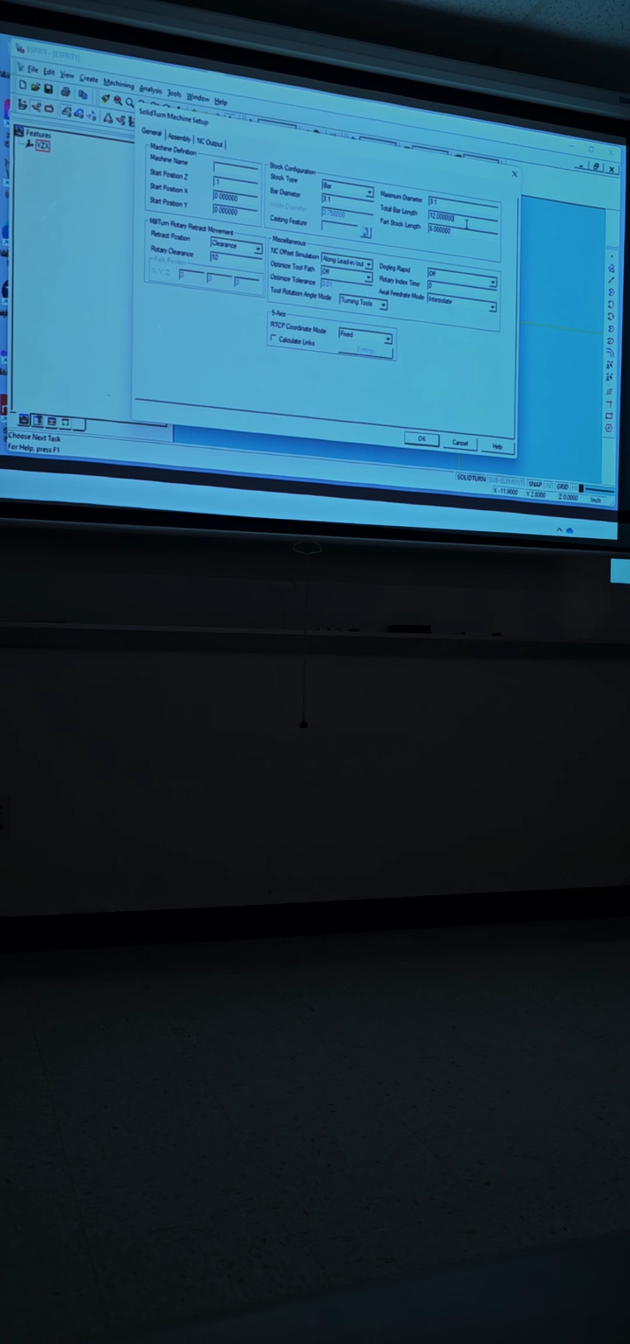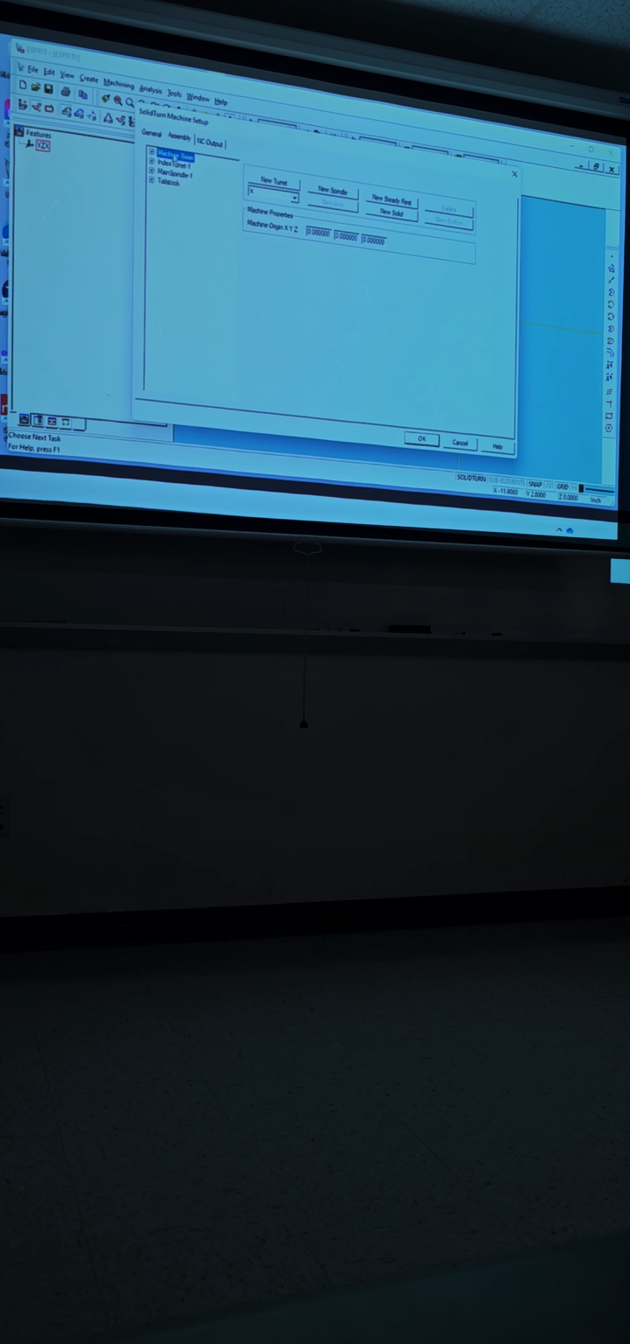All right, here we go. Total bar length, 7.1. 7.1. Don't forget the 100,000, 7.1. We have the clearance, the clamping, plus the face. Right, 7.1. Part stock length, same thing, 7.1. Then over here you got different tabs, so we're gonna go to the next tab, assembly, and then you're gonna go to